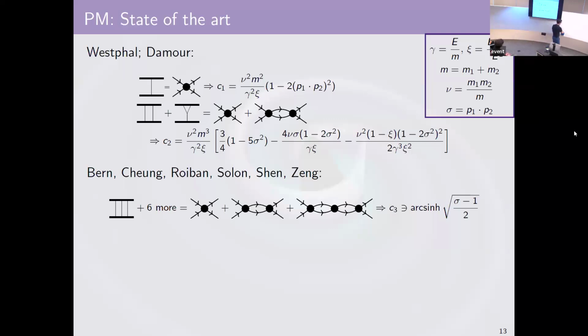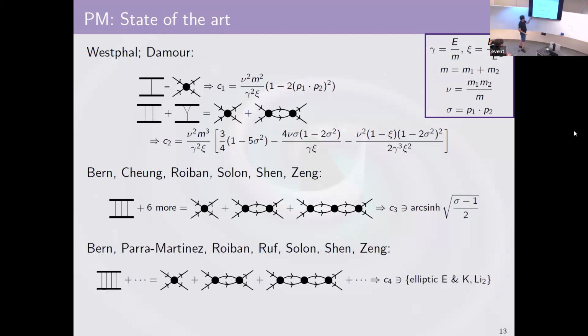So I think at this loop order, there we go. There's this sort of diagram that shows up at 2 loops. And so that is not just some iteration diagram anymore. And especially as we go to 3 loops, there are now lots of diagrams that are not just iteration diagrams. However, the iteration diagrams are a special class that are known as the eikonal approximation. And there are groups that work specifically on understanding those a little bit better.